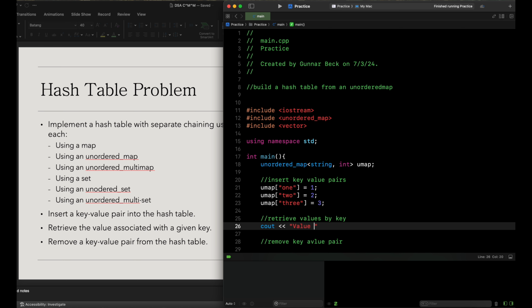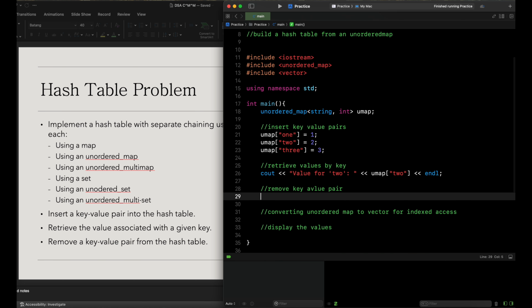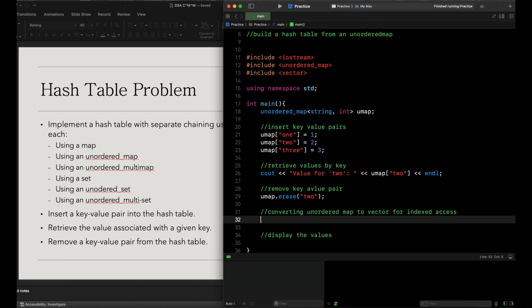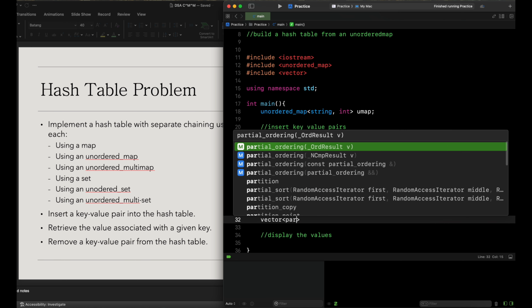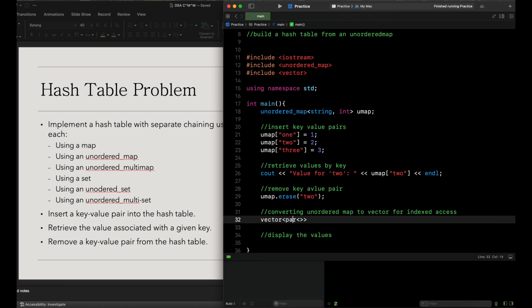Count value for 2. And this is great practice anyway. 2, endl, and then umap.erase will be 2 here, and converting what we have to a vector so we can output pair string int. Then I'm going to call that vec, and then I'm going to put in umap.begin, umap.end,